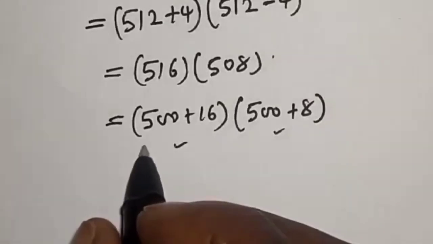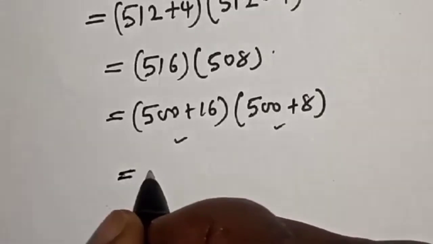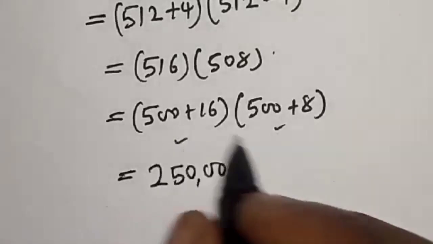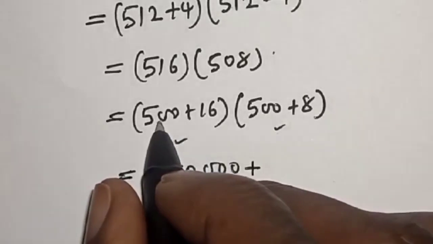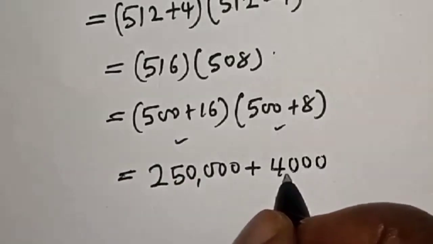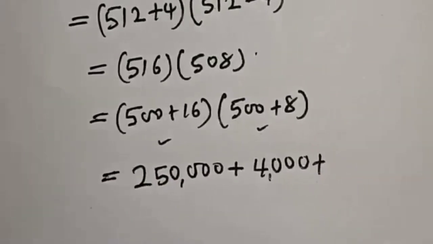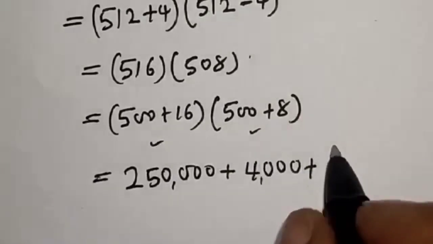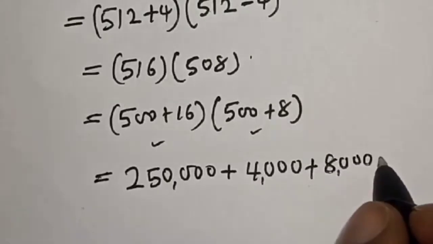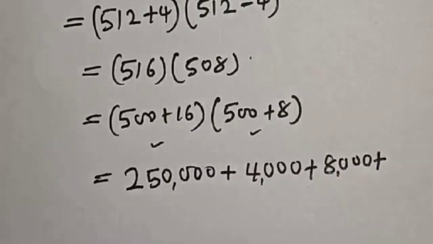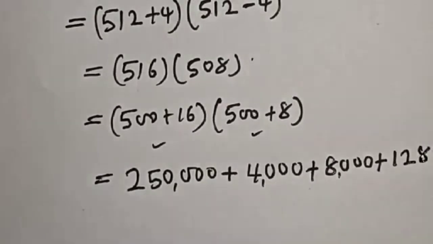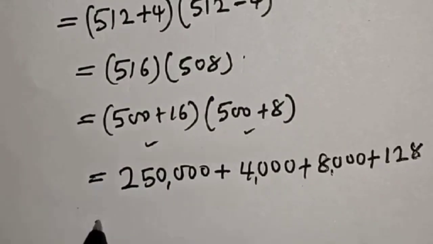500 times 500, this is 250,000. Then plus 500 times 8, that is 4,000. Then plus 16 times 500, this is 8,000. Then plus 16 times 8, that is 128. Then this is equal to